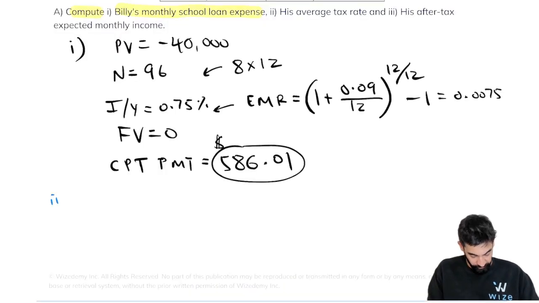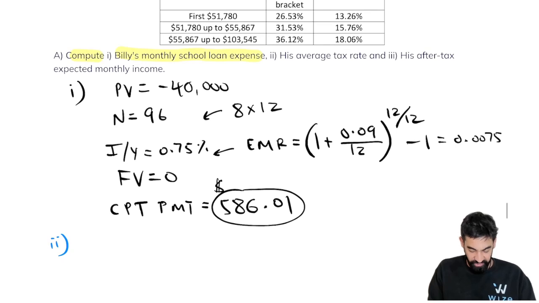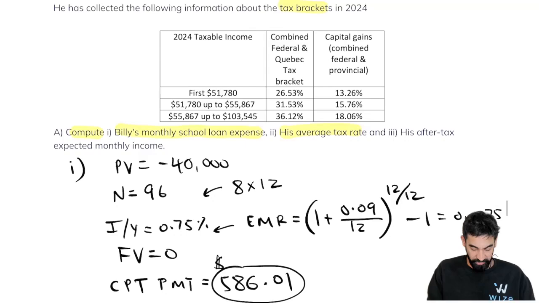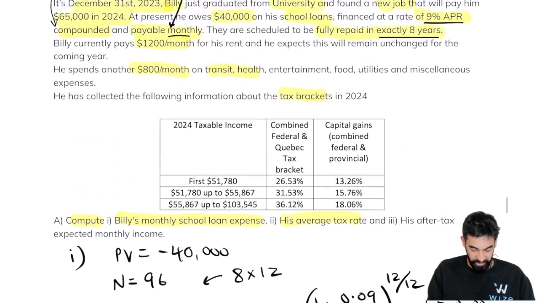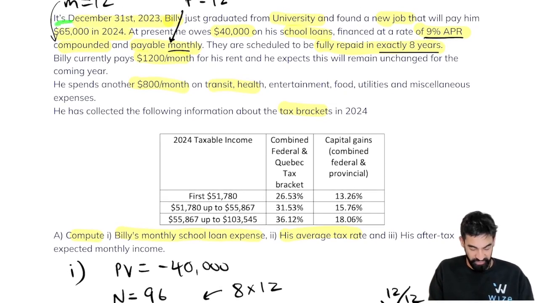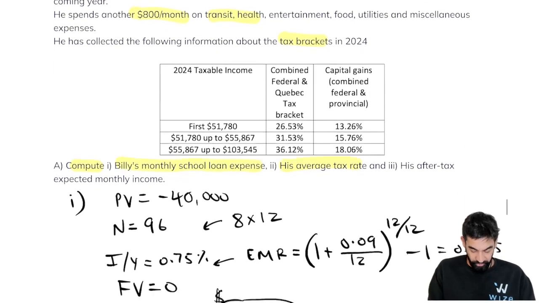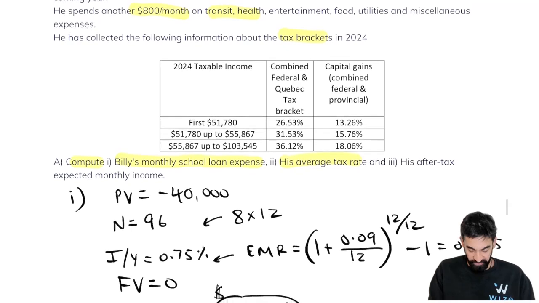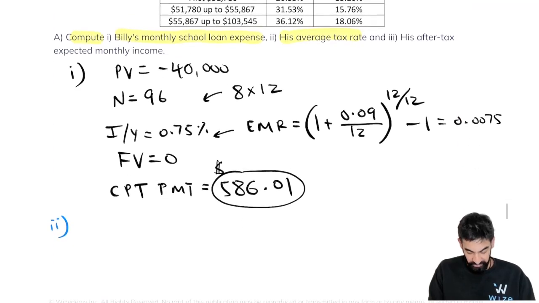Part 2. It says his average tax rate. So what is going to be his average tax rate? Well, you have to calculate how much he is going to be paying in total taxes divided by his income, which is not 40,000 but 65,000, right? That's what he's expecting to make next year. So the average tax rate, we would find the total amount, so 65,000. We're going to take the first, so I can say total taxes is equal to